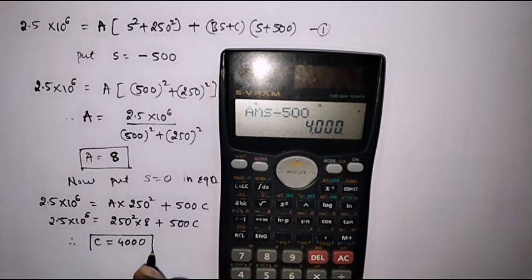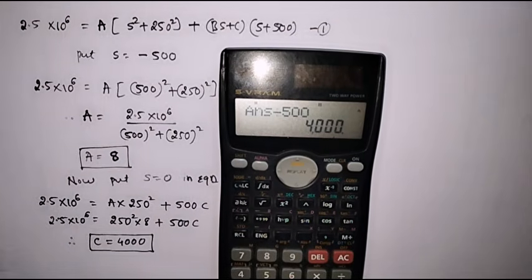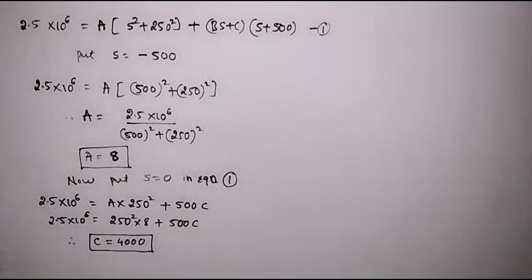So this is another constant 4000. Now by substituting a is equal to 8 and c is equal to 4000, another constant b can be calculated as,